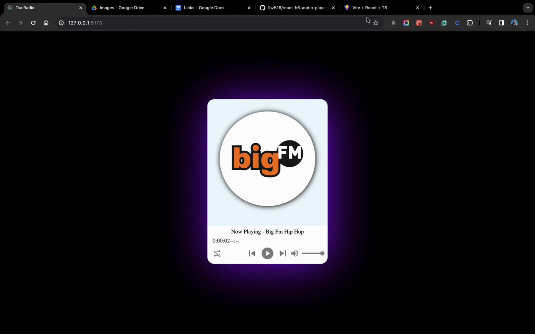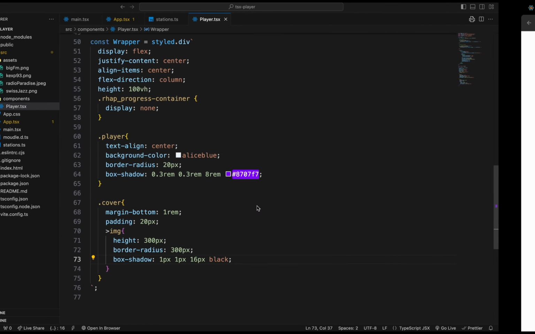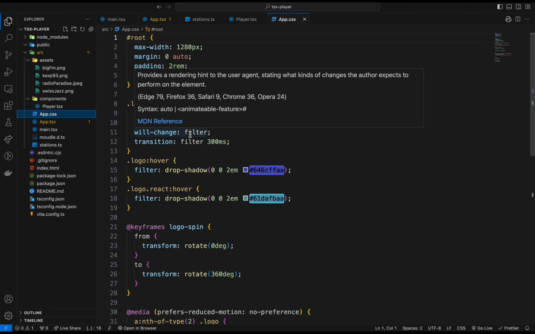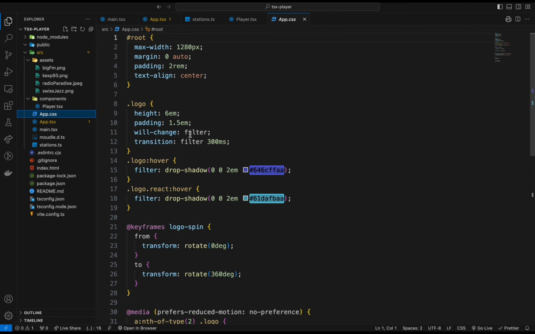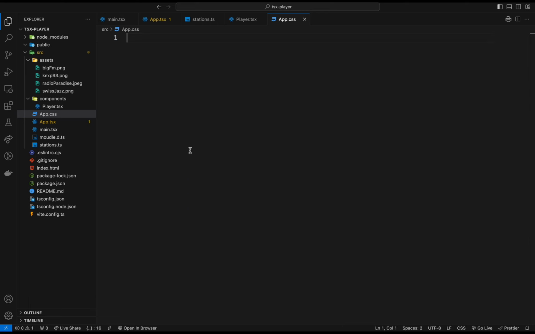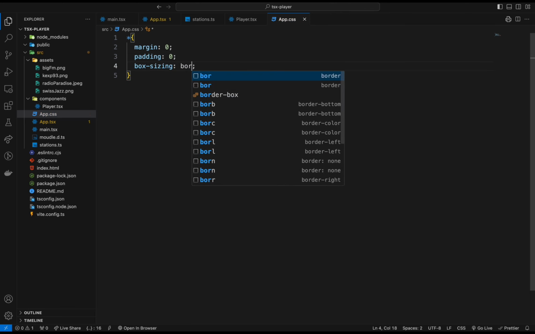So it's already there, but what we need to do is give it a background of black. Well, first, before we do that, we need to come to app.css. Alright, we have some things here that we didn't change. So if we go to the app.css, I'm gonna delete everything from here, give it some global style, which will be margin, it's not 8, it's star, margin 0, padding 0, box sizing border box,